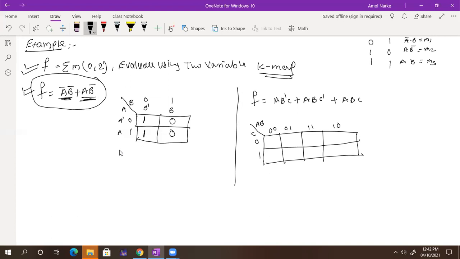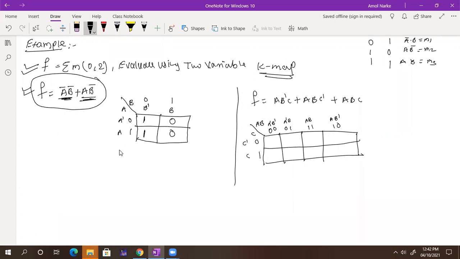Now tell me, 0, 0 is nothing but, suppose these are the min terms, you know that, because it is the sum of products. So for min terms, here what we have, this is A complement B complement, this is A complement B, yes or no? What is this? AB, and what is this? AB complement. And this is simply C complement, and this is C.